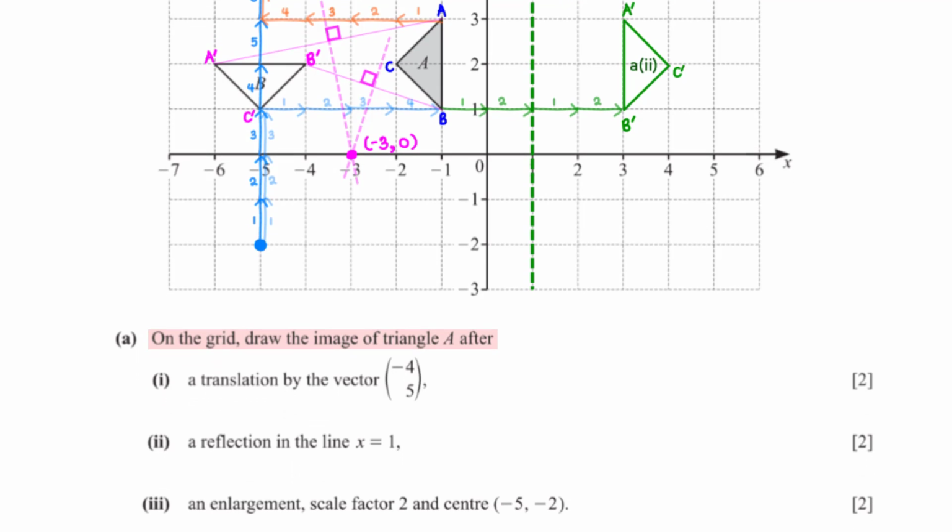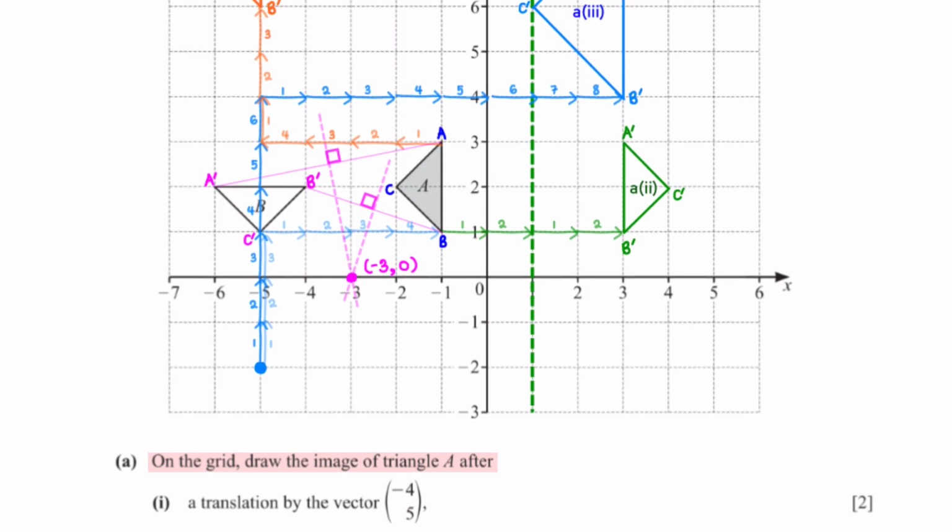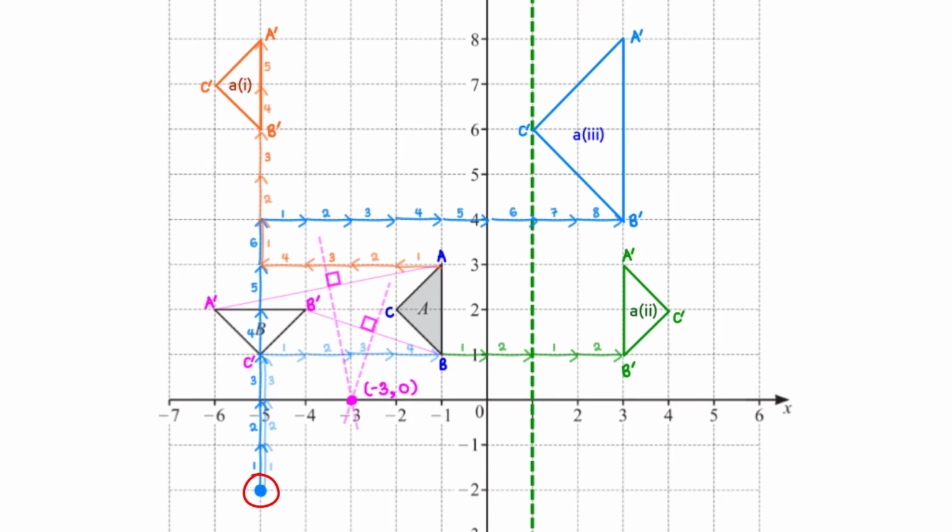Draw the image of triangle A after an enlargement scale factor 2 in center -5, -2. First, we need to mark the center of enlargement, which is -5, -2. Then we need to move each vertex on triangle A such that we are able to reproduce the enlarged image of the triangle. Let's pick point B. To move from the center of enlargement to point B, we move 3 units up and 4 units to the right. And so to pin the new position of point B, we move in the same direction due to the